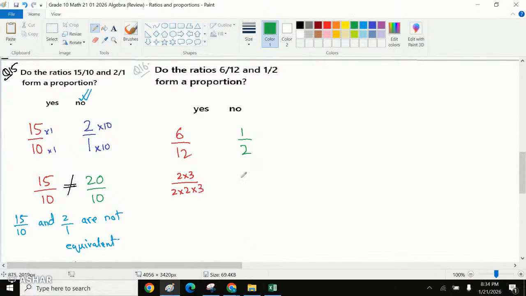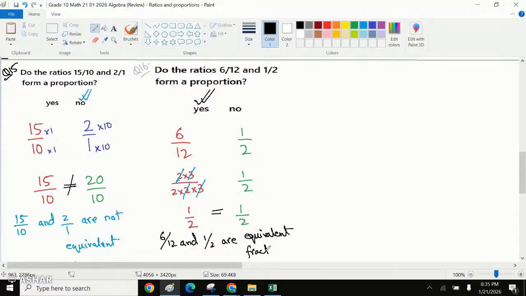This is compared to 1 upon 2. Same numerator, same denominator, we cancel out. We can write this as 1 upon 2, and this was already 1 upon 2, right? So yes, they both are equal. Yes, they do have a proportion. That means 6 upon 12 and 1 upon 2 are equivalent